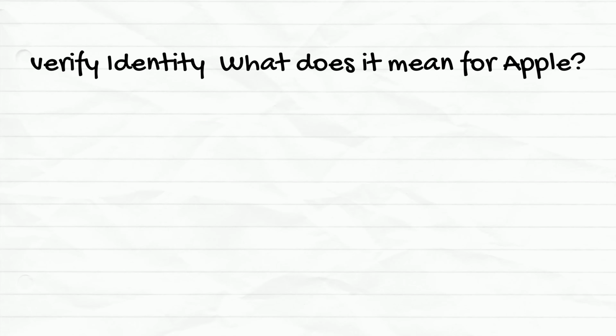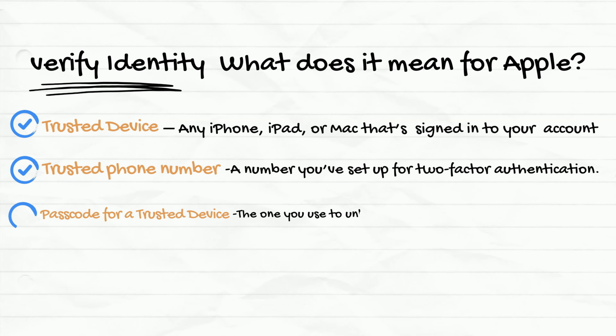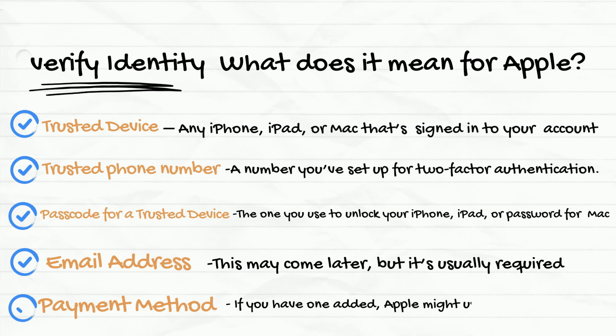The key point is to verify identity. What does it mean for Apple? By checking what trusted information is linked to your account. Here's what that includes: a trusted device, a trusted phone number, the passcode for a trusted device, your email address, linked payment method. Each of these helps confirm your identity, and the more you can provide, the faster you'll regain